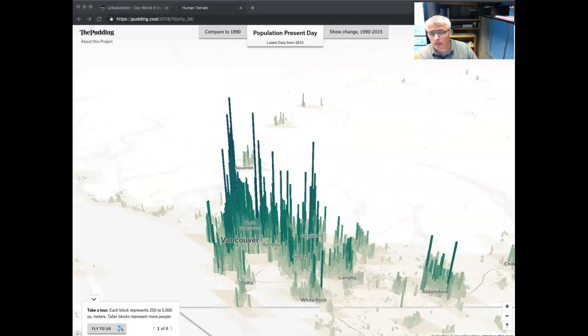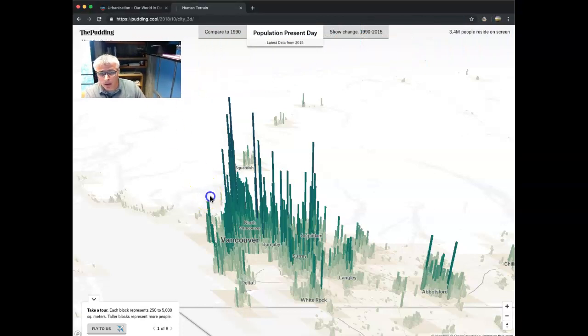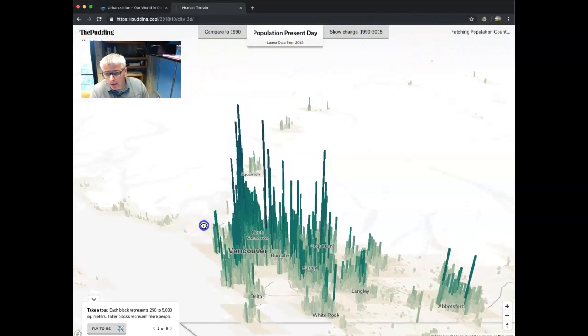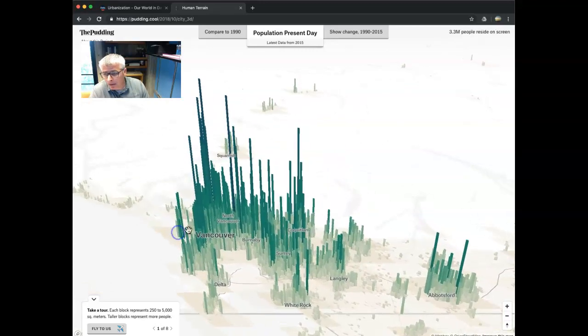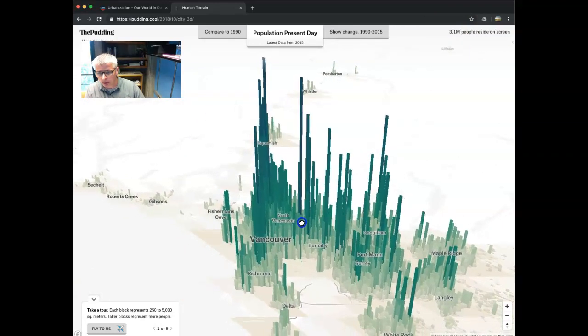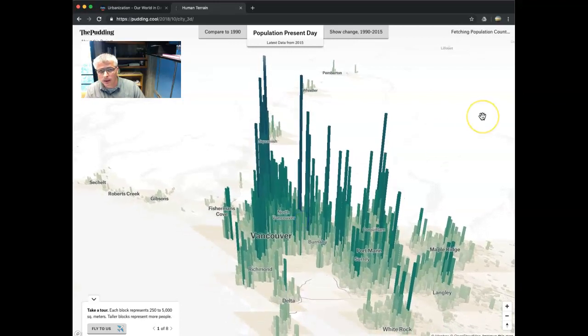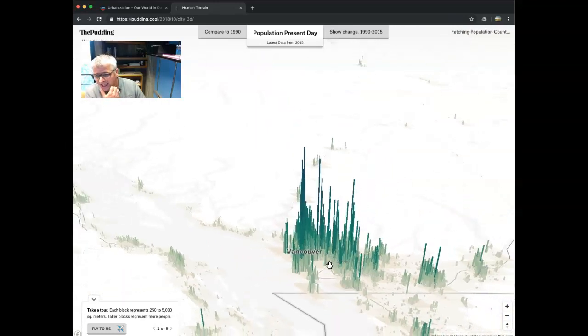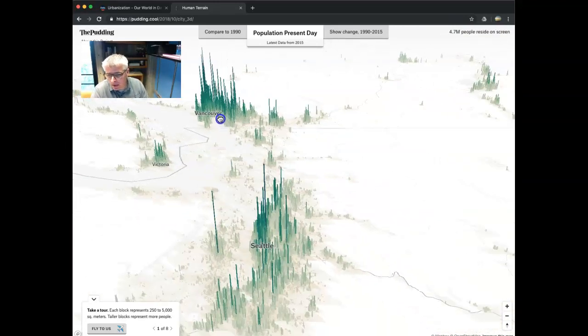with extremely high densities of individuals in a relatively small area. Now, sorry, I put myself in the way here. Another cool thing about this map is you can zoom in and it tells you how many people are in a certain area. So this is obviously picking up some of the Sunshine Coast, Squamish, and some of these other outlying areas. But in the general sort of, if you include Abbotsford, West, Southern BC, you have 3.3 million people. If we can kind of try to squeeze out Abbotsford, and we're still including some of Squamish up here, we're at 3.1 million people in the kind of broader metro Vancouver. I think 2.8 is kind of a common number that's used.